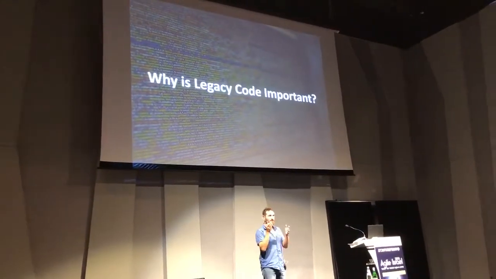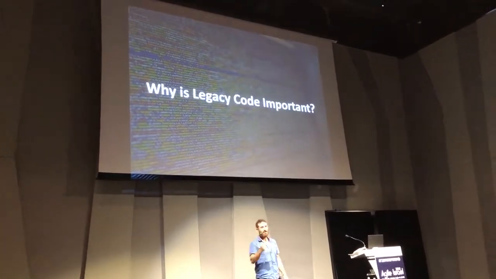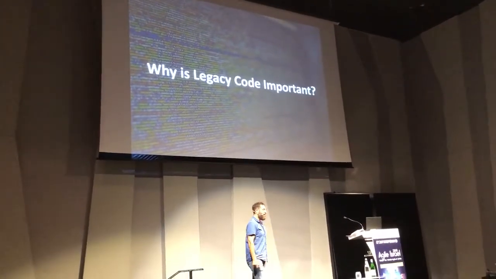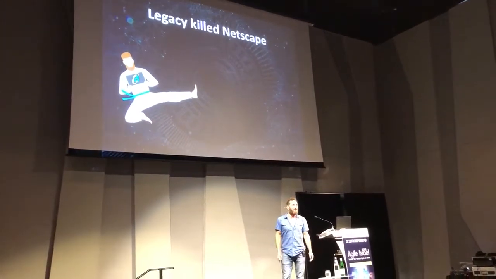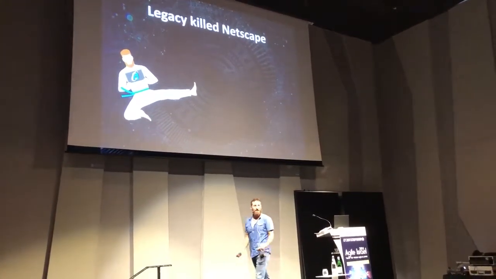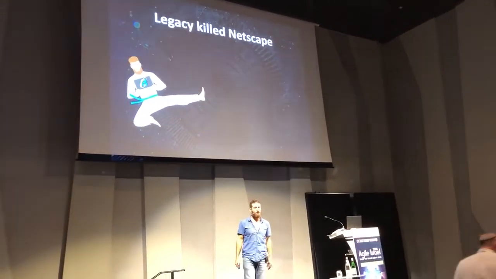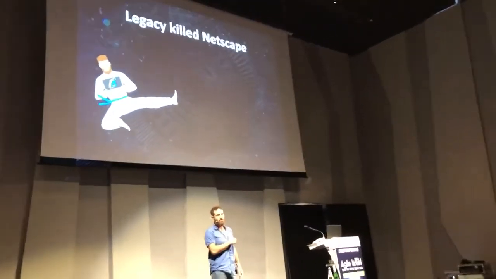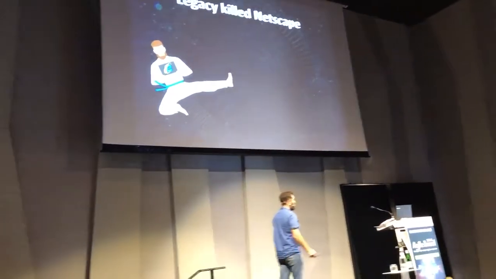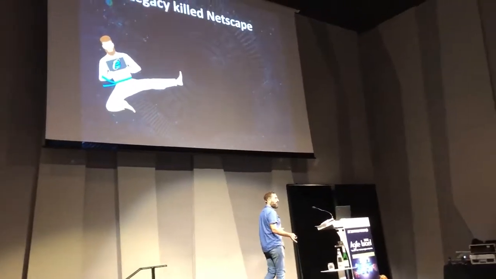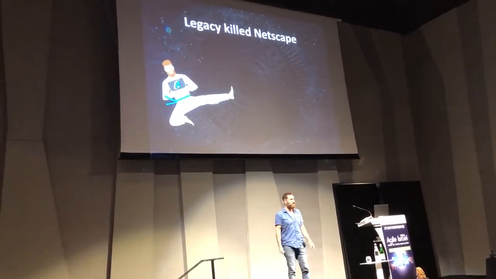And the management said, go for it, because they saw the budget for adding features and the budget for rewriting it, and it looked like it's worth doing. And basically, legacy code was the reason that Netscape couldn't survive. It took them a year plus to do it, and by the time they did it, Microsoft already ruled the market. You know this project now, it's called Firefox. All the Firefox browsers are what came out of this thing. So your legacy code basically has all your IP, and it seems that it's really nice to go and fix it, but it's really, really difficult to do it.